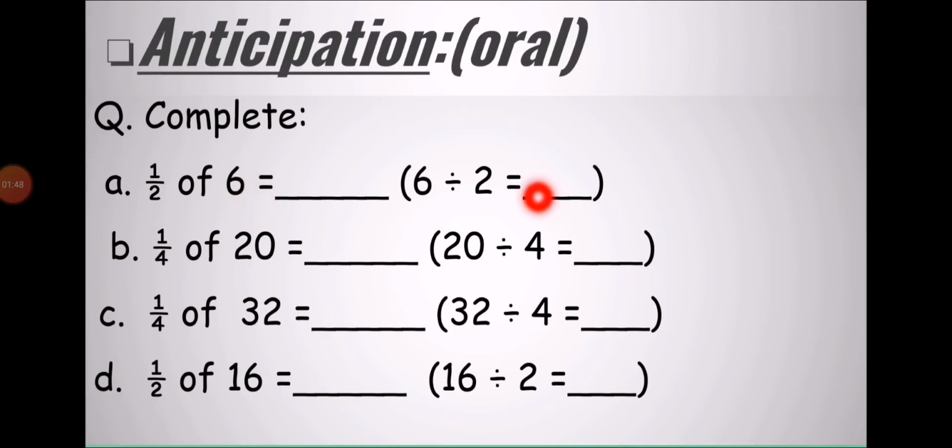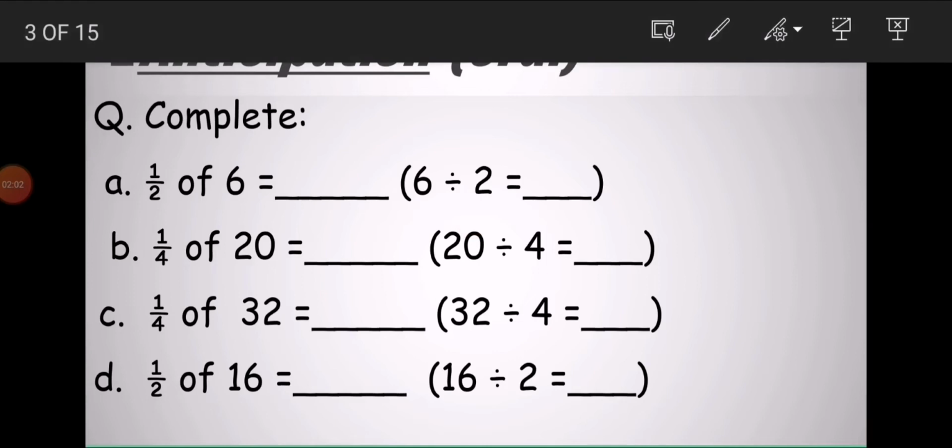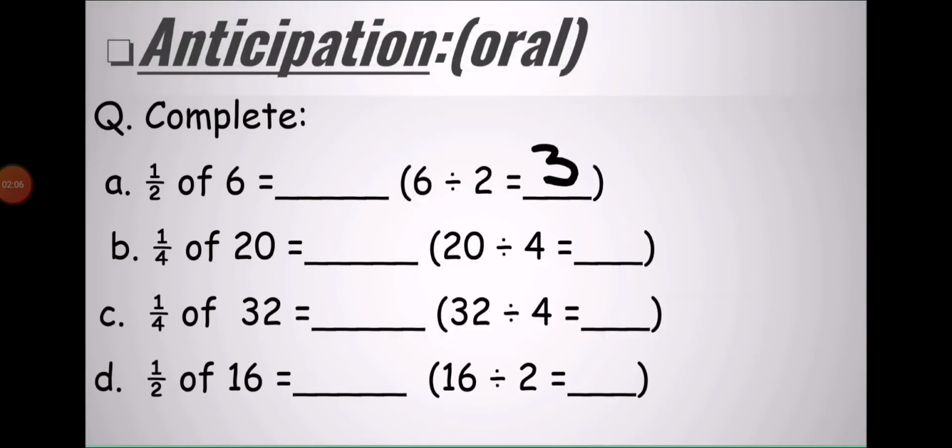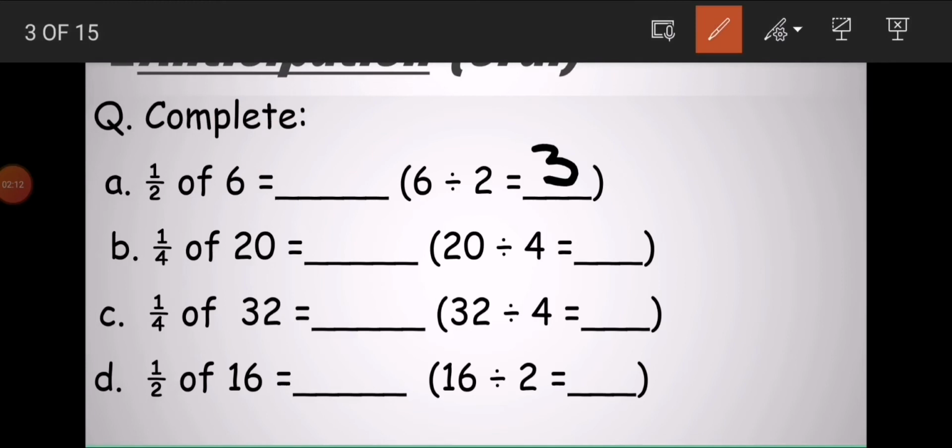So we will read 2 times table and find out 2 how many times 6, or what is the half of 6. So read with me. 2 1 times 2, 2 2 times 4, 2 3 times 6. So 2 3 times 6. Answer is 3. It means the half of 6 is 3. 3 and 3, total is 6. So half of 6 is 3.